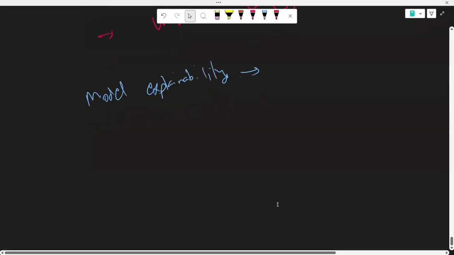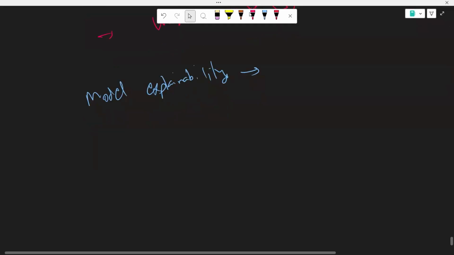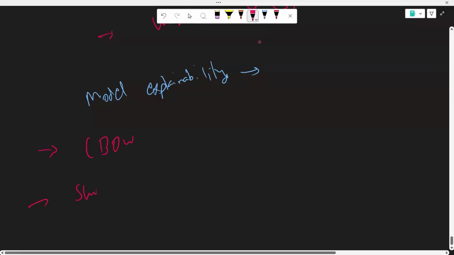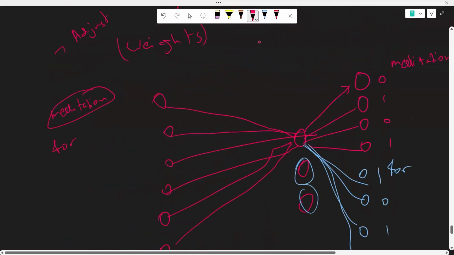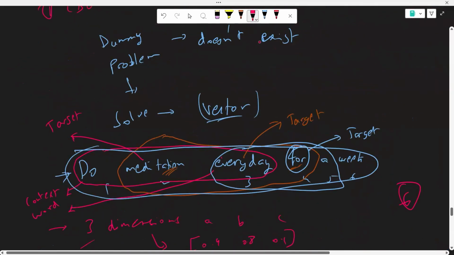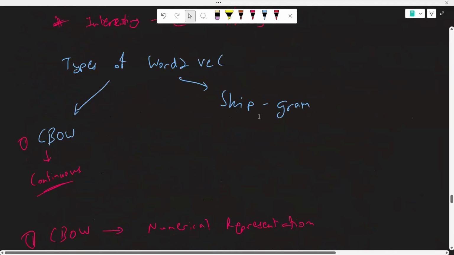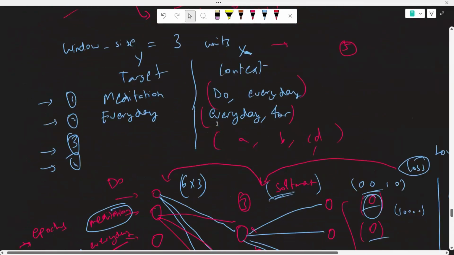Okay, just one last thing. I forgot to cover the last topic. Before that, let's cover this topic and then go to the code. So we saw continuous bag of words, but we didn't see skip-gram. As I said, there are two variants for Word2Vec. One is continuous bag of words, which we discussed right now, and another one is skip-gram. The only difference, it's very similar.